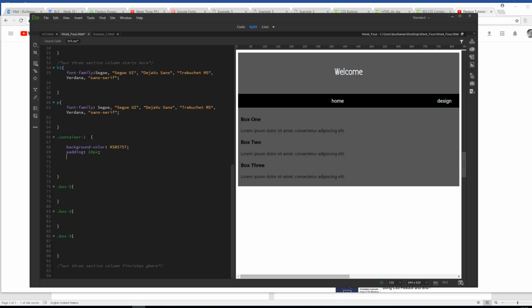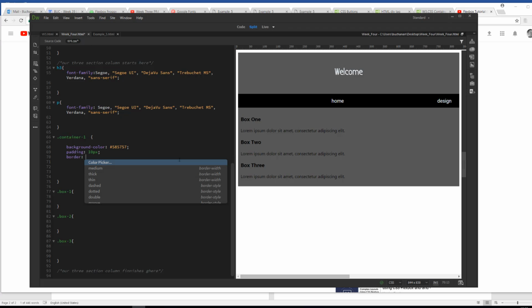So what we want to do just now is we want to create a border around the container. So to start with, we'll type in border. We'll give it a 1 pixel border. We'll give it a colour of CCC, which is white, and we'll give it a solid outline. So we can see that there, that's applied the border all the way around the entire container 1